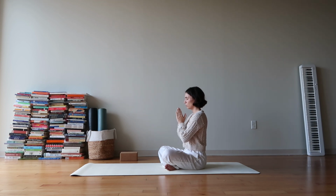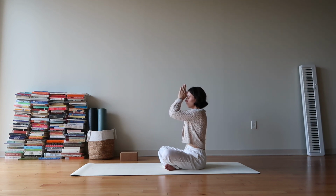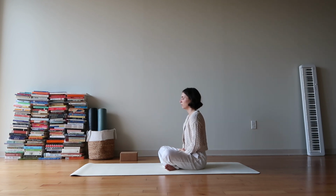We'll bring our thumbs to our forehead, to our third eye, and we'll seal our practice today with a final inhale. Big breath in through the nose, into the belly. And exhale, we will release. And take our time as we ease back into our day, into